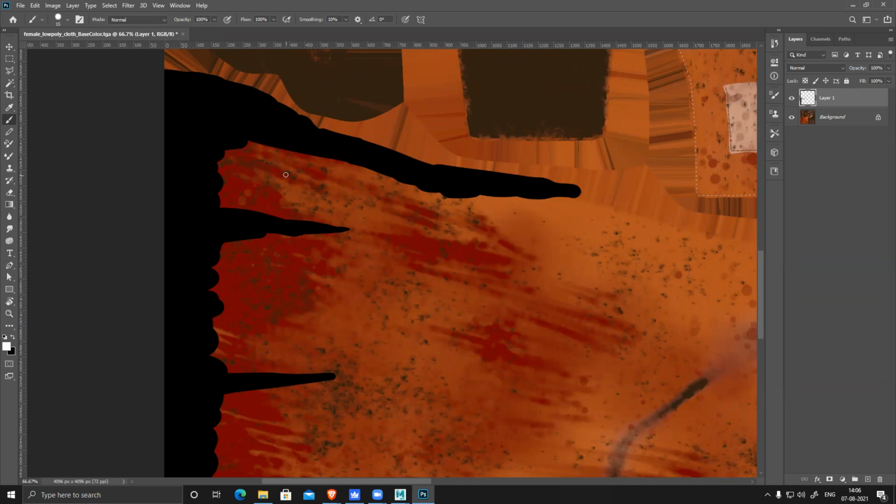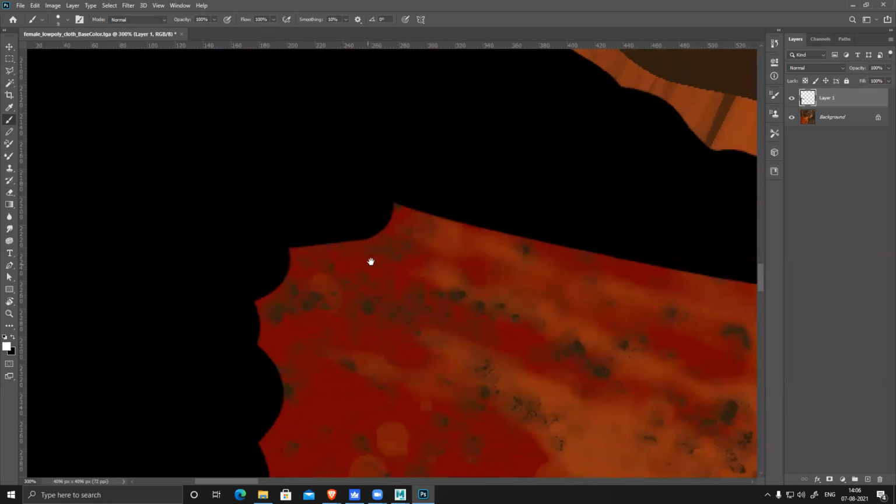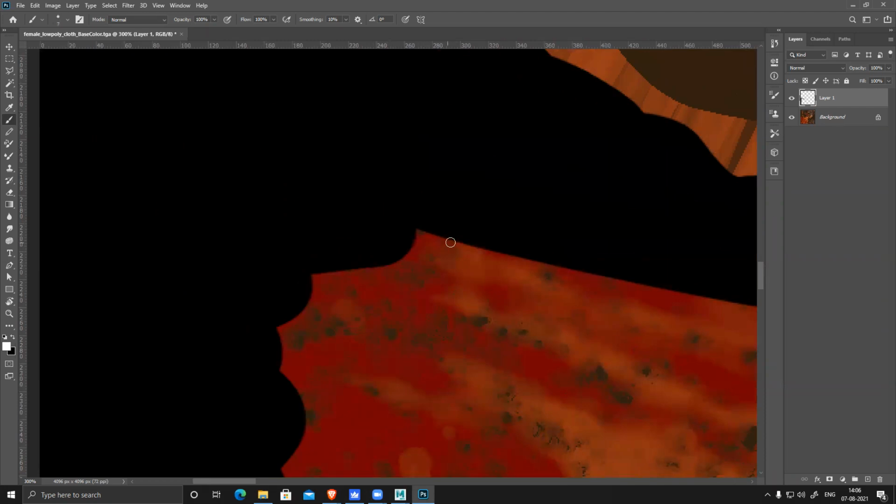Now with white, I'll draw those threads.